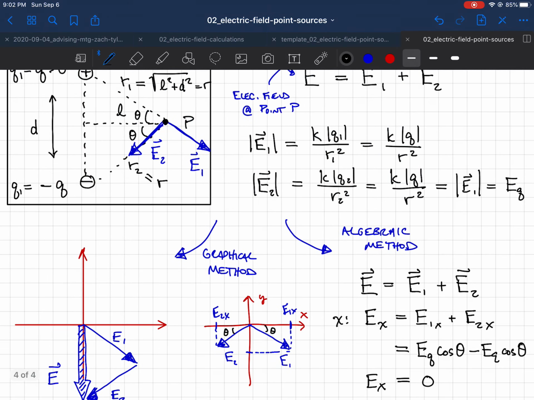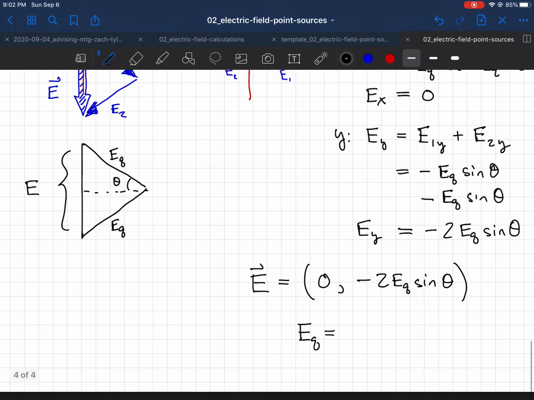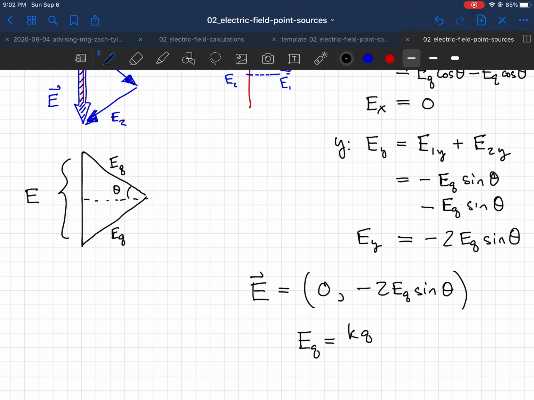EQ is equal to KQ, absolute value, over R squared, but R squared wasn't given, so it's going to be KQ over D squared plus L squared. And then we're done. Notice I didn't give you any numbers. You don't need numbers until right now. At this point, you could plug in some numbers to figure out what this value is. Okay, that ends this lecture on the electric